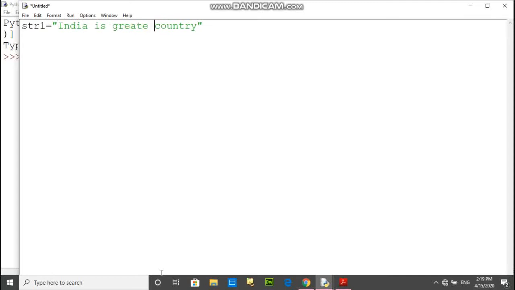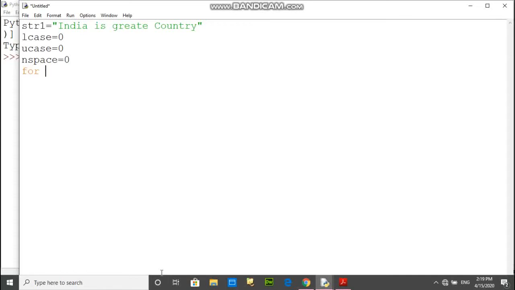Here we have to find the number of lowercase characters equals 0, uppercase characters equals 0, and the number of spaces equals 0.